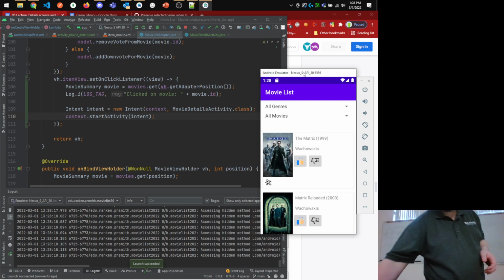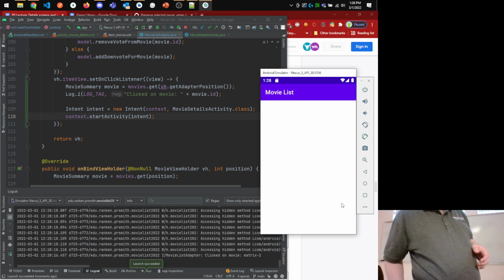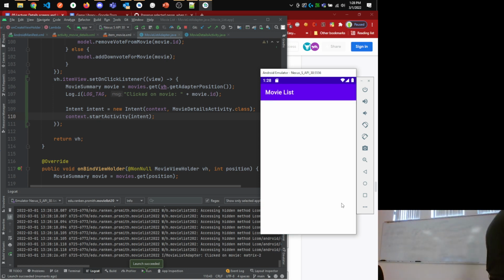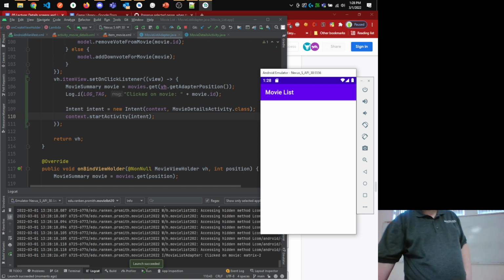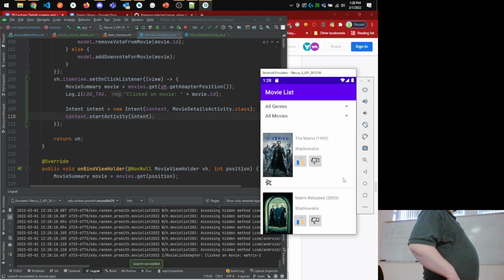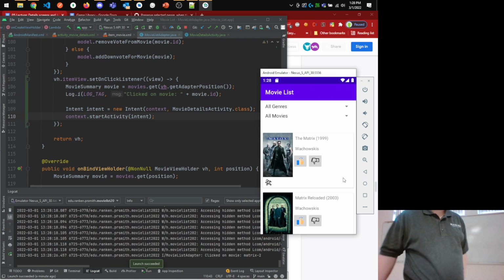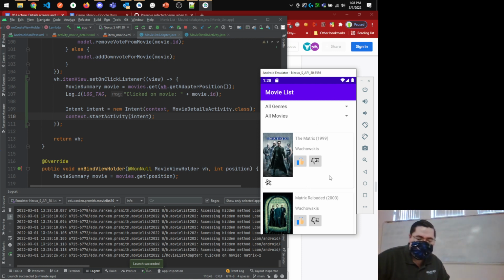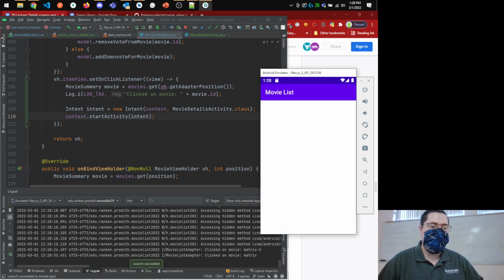So I can now click on any of these movies, and it'll take me over to this screen. Now there's not very much interesting happening there right now because remember I haven't put any code into that activity. Make sense? But we can see that something's happening, just not much of anything. So just to verify that those things are happening, I might want to take a look at the code